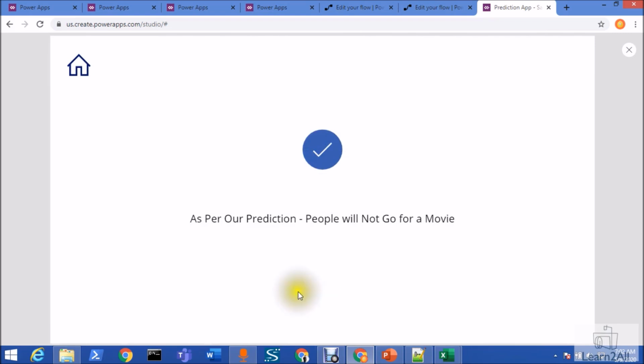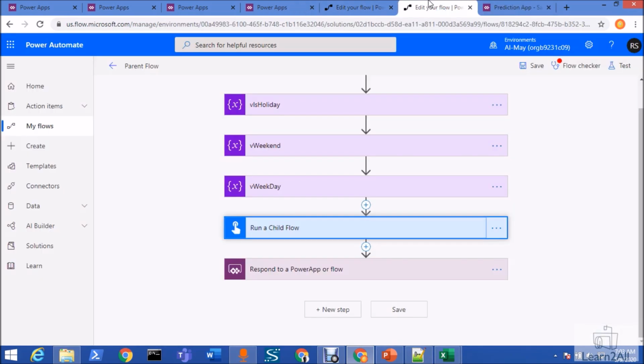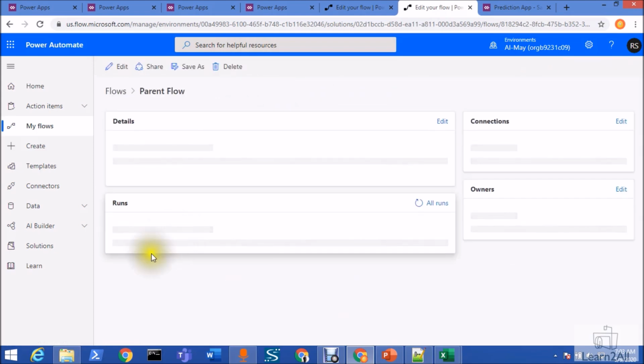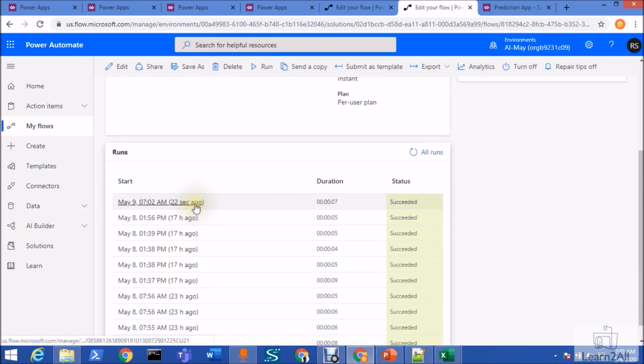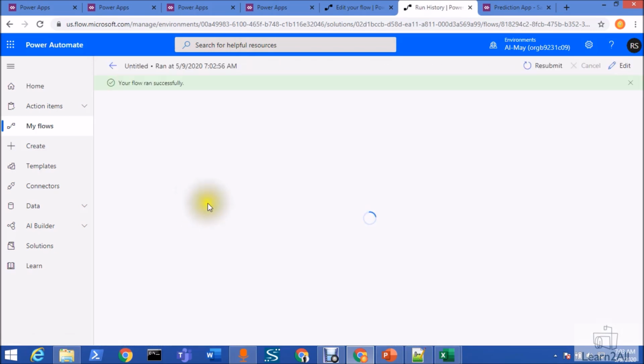It is showing that as per our prediction, people will not go for a movie. So yes, it is absolutely correct. Now let me show you the run of the flow. Let me go to my parent flow and check the run result. And here it is, 20 seconds ago.